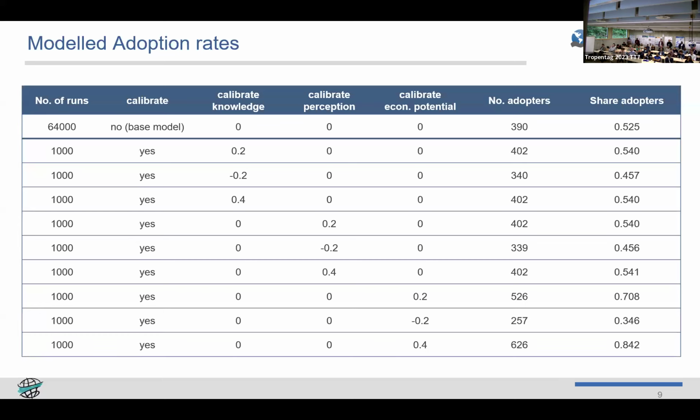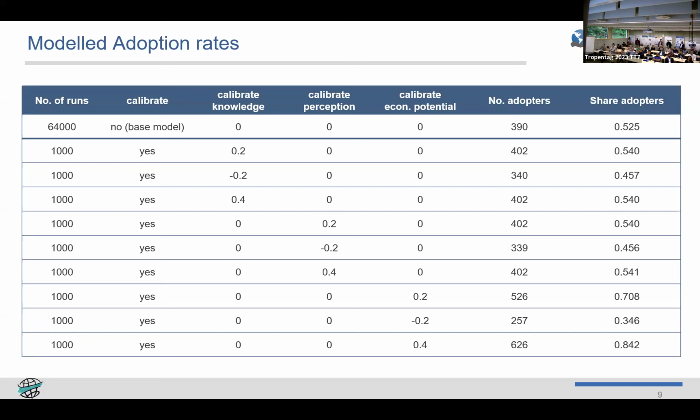This is our first outcome, so our first results. Here in our base model, we included all of the variables based on the literature and our Kenyan data set in a logistic regression, and we didn't change anything there yet. Everything is based on the theories and the logistic regression. Here we can see a share of adopters of 53% in the first line, if we let this model run many times because there's some kind of probability in there. And of course, we need to repeat it to see what the mean value is in the end.